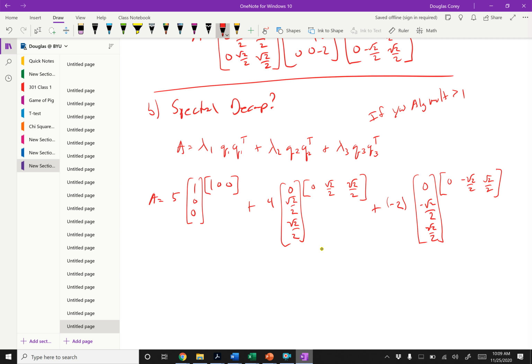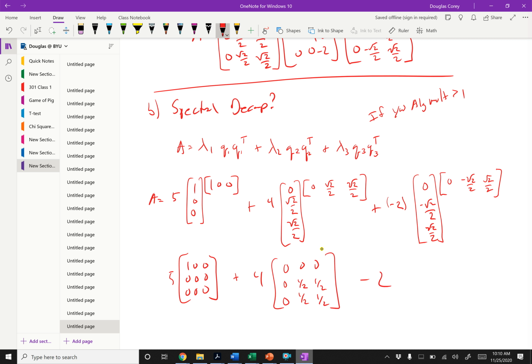So 1 times a 1, 1 times a 0, 1 times another 0. So it's going to be 1, 0, 0. And then we're going to have 0 times everything, 0, 0, 0, 0, 0, 0, all of that times 5, plus 4 times, here I'm going to have the first row will be 0, and then here I'll have the square root of 2 times all of those, so that's going to be 0, square root of 2 over 2 squared is a half, and again a half, and we're going to get the same thing because we're doing all the same products,